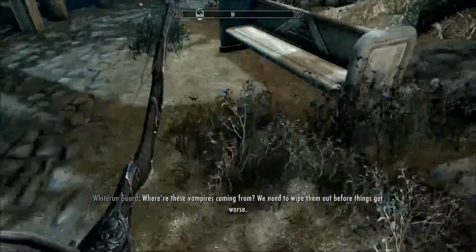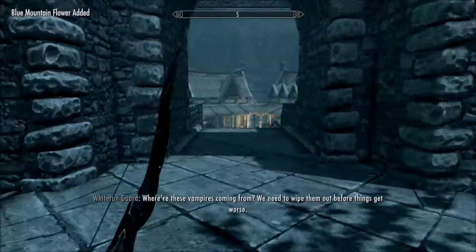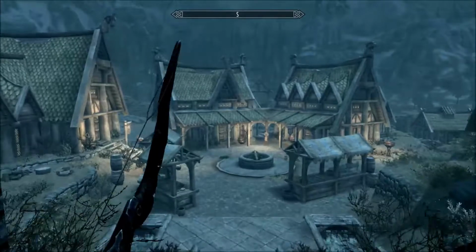Where are these vampires coming from? Fire in the sky. We need to wipe them out. Vampires racing and attacking people. Oh no. It's the end of